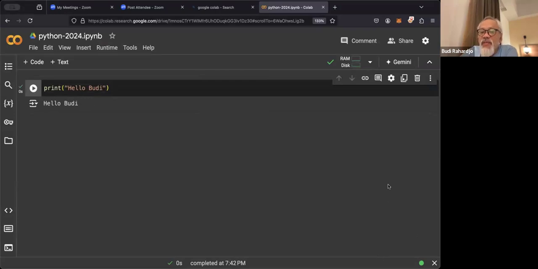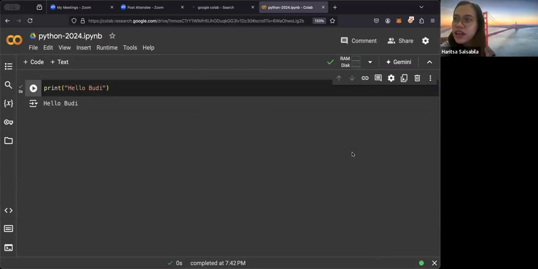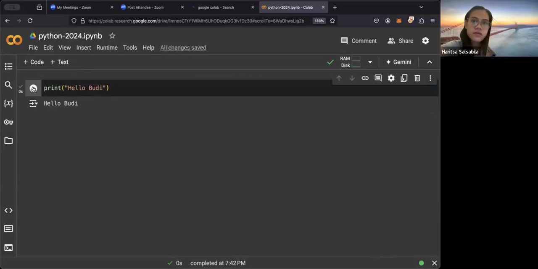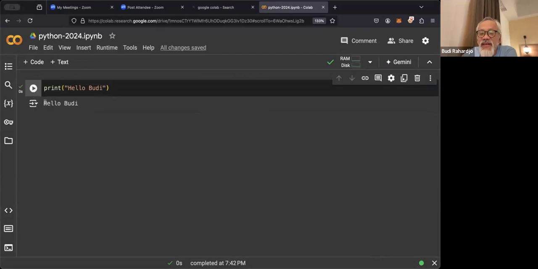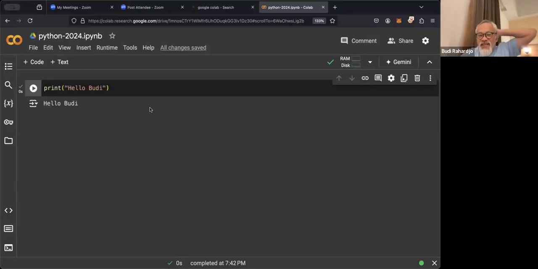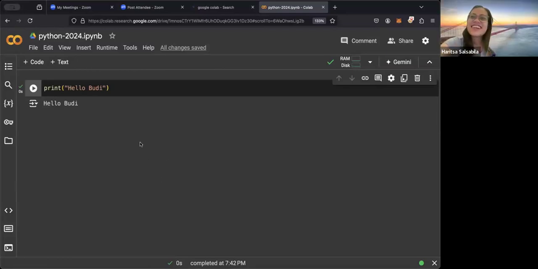Okay, now, how many of you have not done this, have not gone into the Google Colab? Let me know. Let me start again. Sir, where is the triangle, sir? You see this, just like the YouTube button, on the left side of the print. There's this triangle, right? Oh, but I already tried and fixed the error, sir. Okay, show me your screen. Share your screen.